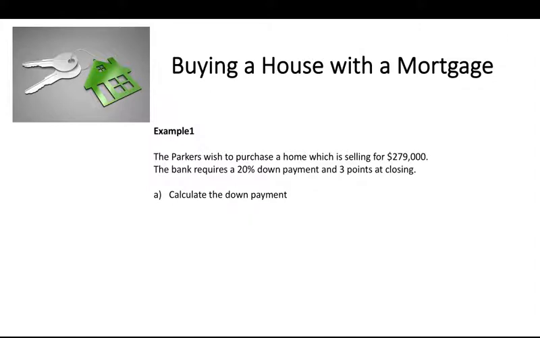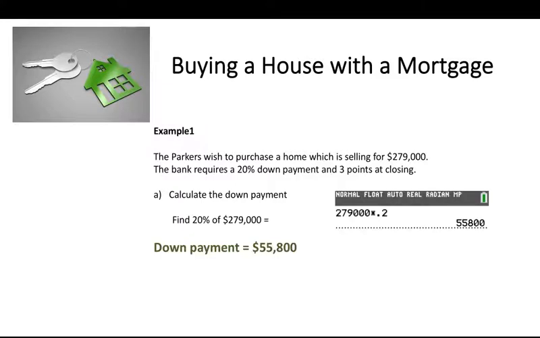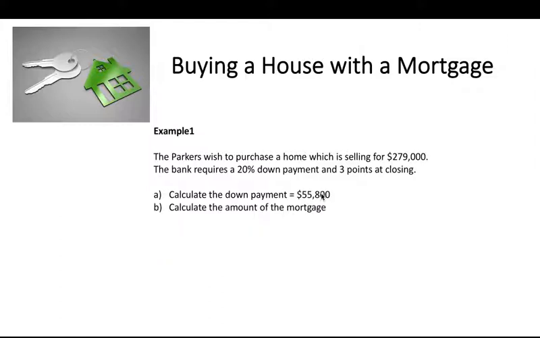So first, we're tackling this concept of the down payment. Remember, it says that the bank requires a 20% down payment. So that's 20% of the selling price. So 20% of $279,000, you can do that on your calculator. $279,000 times 0.2 is $55,800. That's the amount of the down payment. They are paying that part of the purchase price up front. So the down payment is